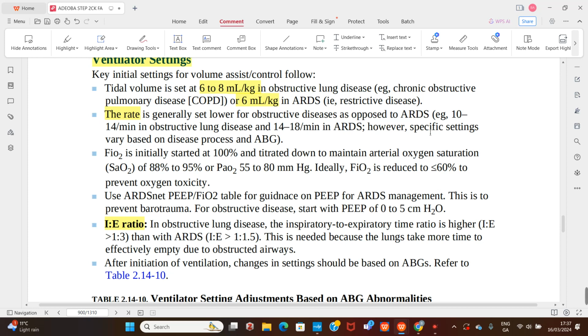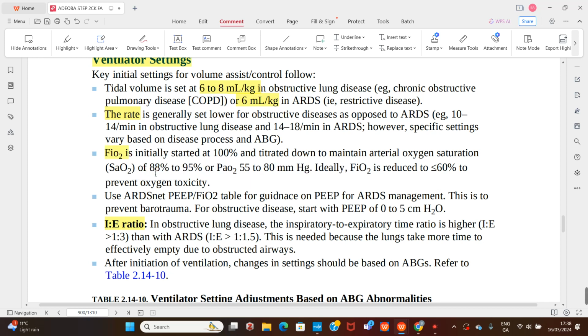So RR: once I identify that the pathology is restrictive lung disease, I'm definitely going to increase the R component, which is respiratory rate, and minimize the work of breathing for them. So FiO2